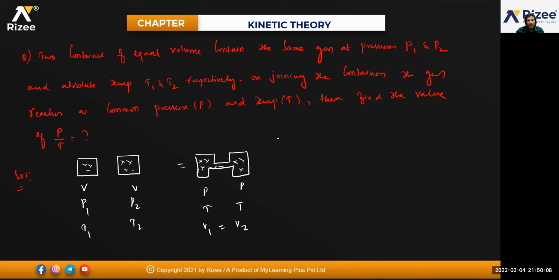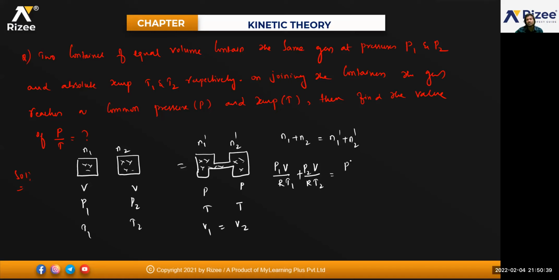Then use the relation, beta. The number of moles of the gas will be the same. Here it is N1 and here it is N2. Here it is also N1 dash and here it will be N2 dash. That means N1 plus N2 must be equal to N1 dash plus N2 dash. Whatever the initial number of moles is, the same should also be the final condition. So if I write this, the initial pressure is P1, volume is V, divided by R into temperature T1, plus P2, volume V, divided by R into T2, is equal to